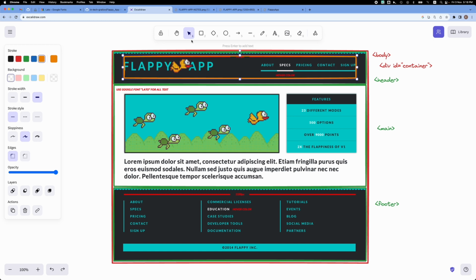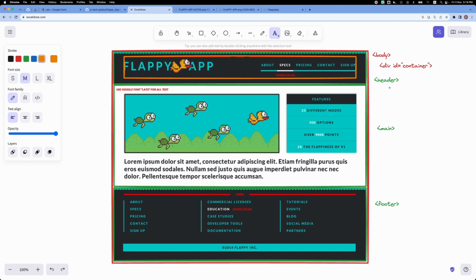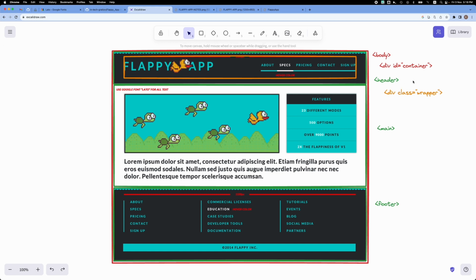So I will create another element, a div, because this is just for styling purposes, and I will give it a class, and let's say wrapper for now,